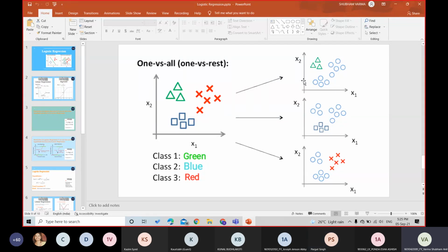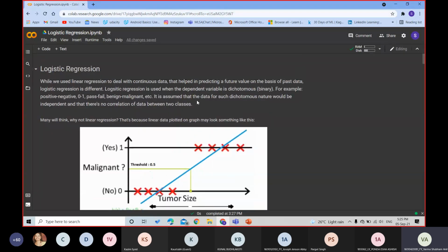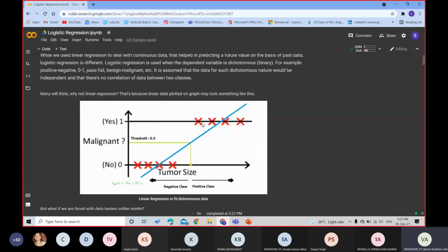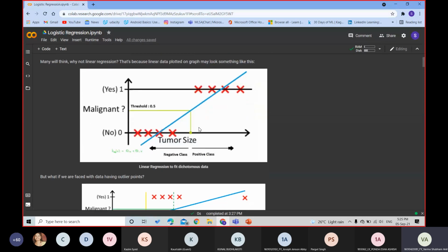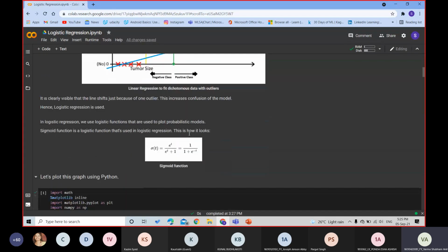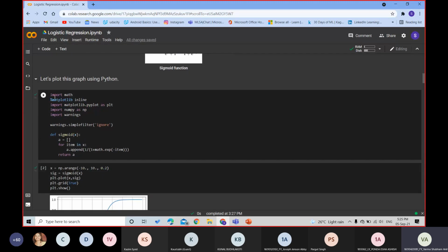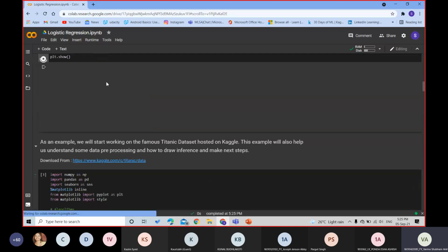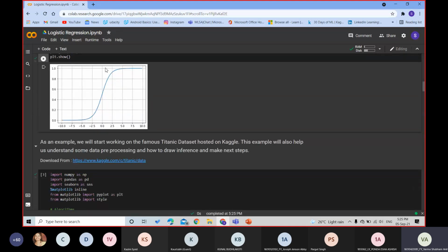Okay, so let's move to the coding part, how we implement this in action. As I discussed what logistic regression is and what the difference is between linear regression and logistic regression, this is how a linear regression model will work on a logistic regression problem. We don't want that. So now let's talk about how we will use logistic regression. Let's first see how the graph of a sigmoid of logistic regression looks. It's something like what was shown in the PPTs.